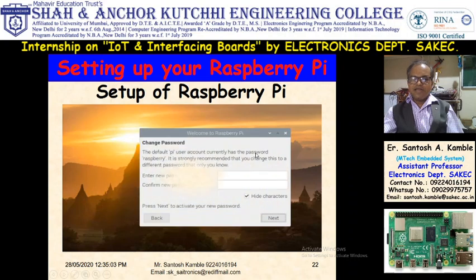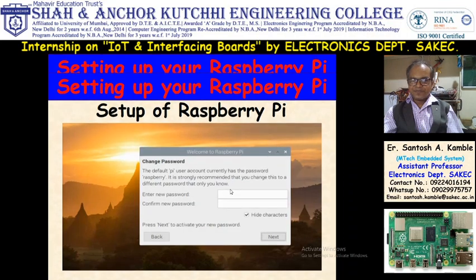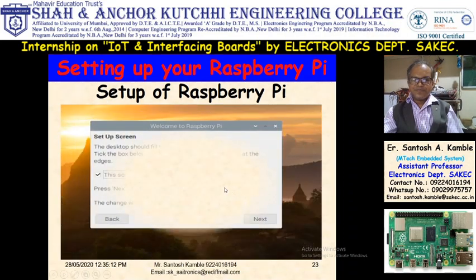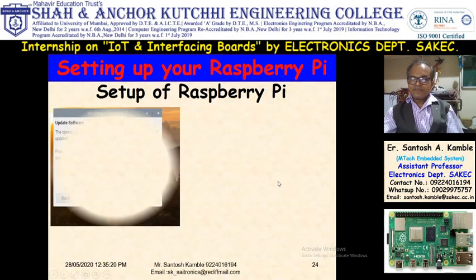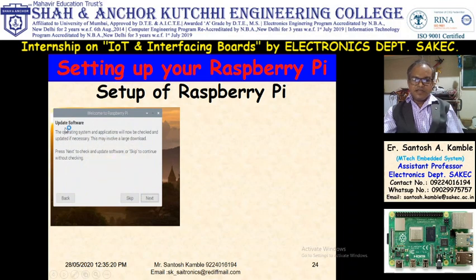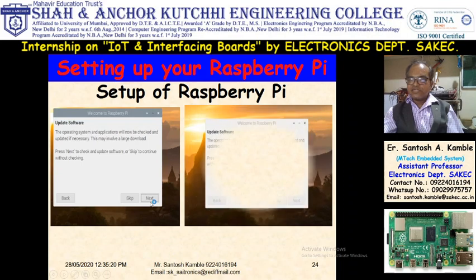After that it will ask to change the password. If you want to change the password, you can change it, otherwise no need to change the password. Then set up the screen, so you can set up the screen as per requirement. Then it will ask to update the software. If you click on next, it will search for the software and download the updates.